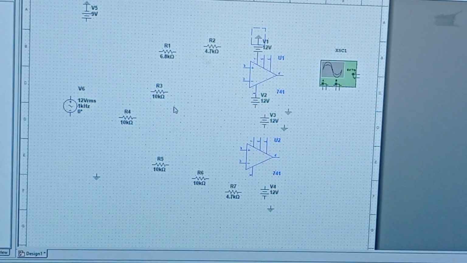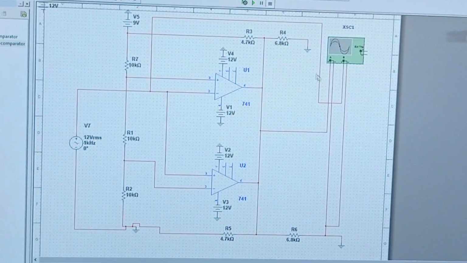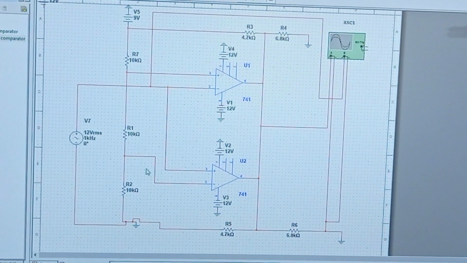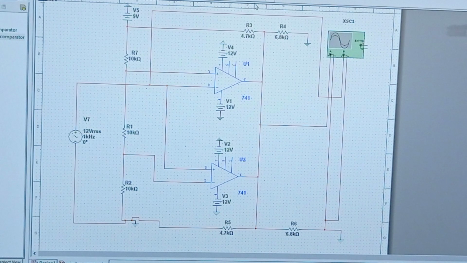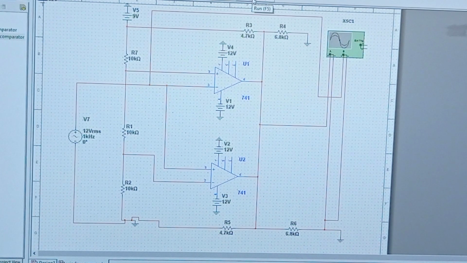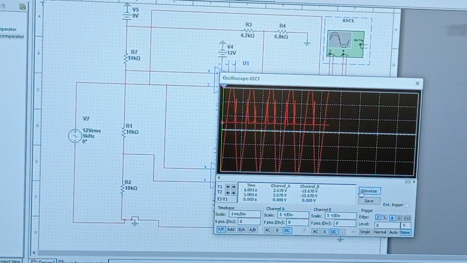Now I'll show the circuit. This is the circuit design. Now save this. Go to run button, click on run. Double click on your oscilloscope. This is the output.